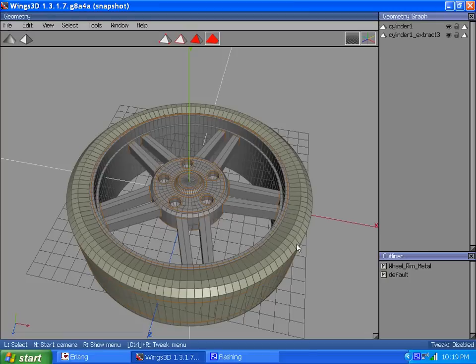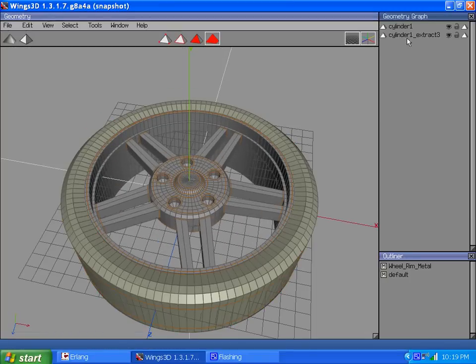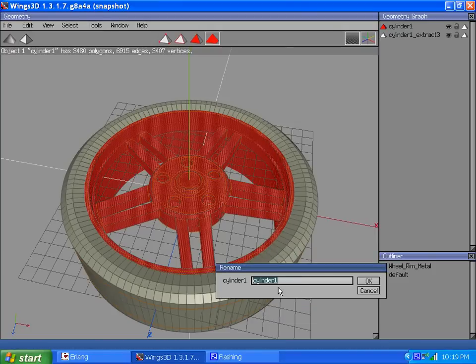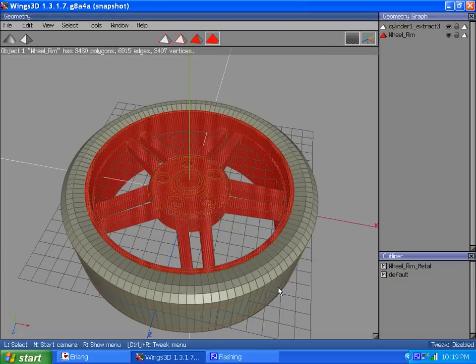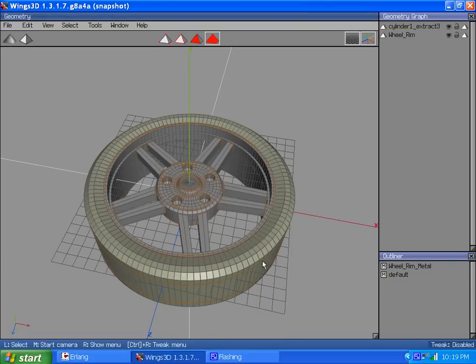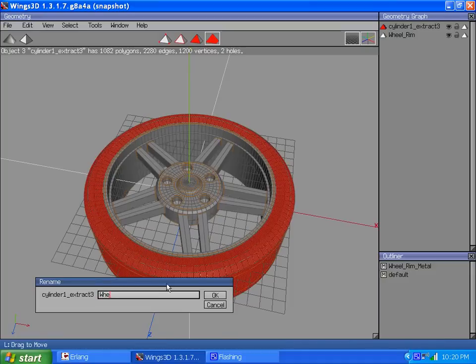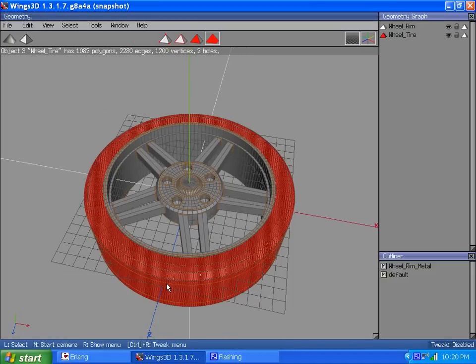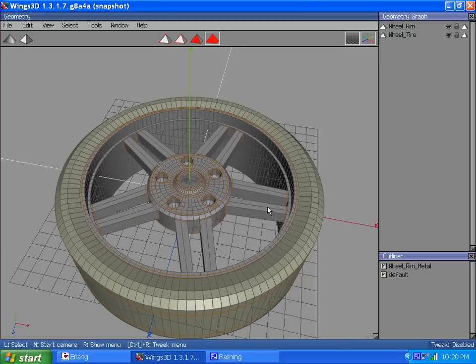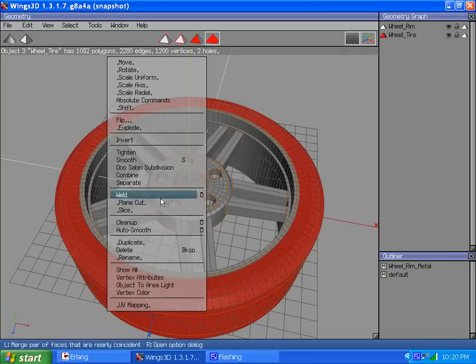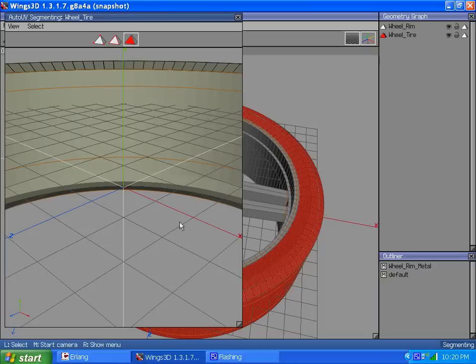And for this, we are actually going to UV map the tire. Oh yeah, I should probably rename the actual object. So we want to rename this wheel rim, and rename this wheel tire. There you go. And pick the tire, and I'm going to UV map it. Just bring up this window,